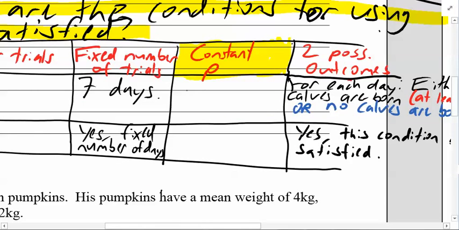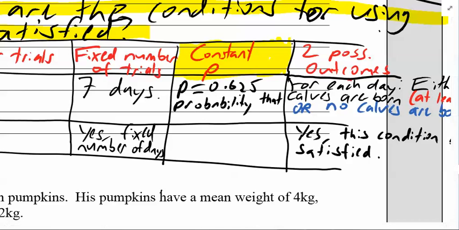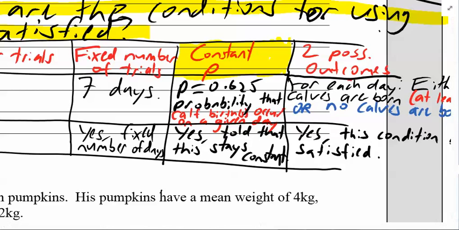So the context: P equals 0.625, which is the probability that calf births occur on a given day. Okay, so that's the context. We talked about calf births, and we also need to say whether it's met, and because we're told it's a constant probability, then that is also met. But we need to say that. So yes, told that this stays constant, so that's ticked as well. Okay, now last but not least,